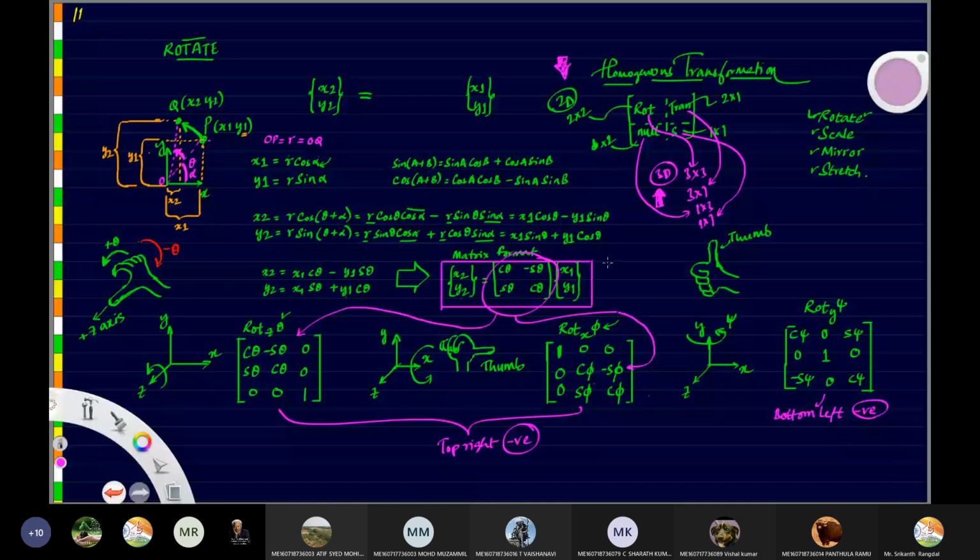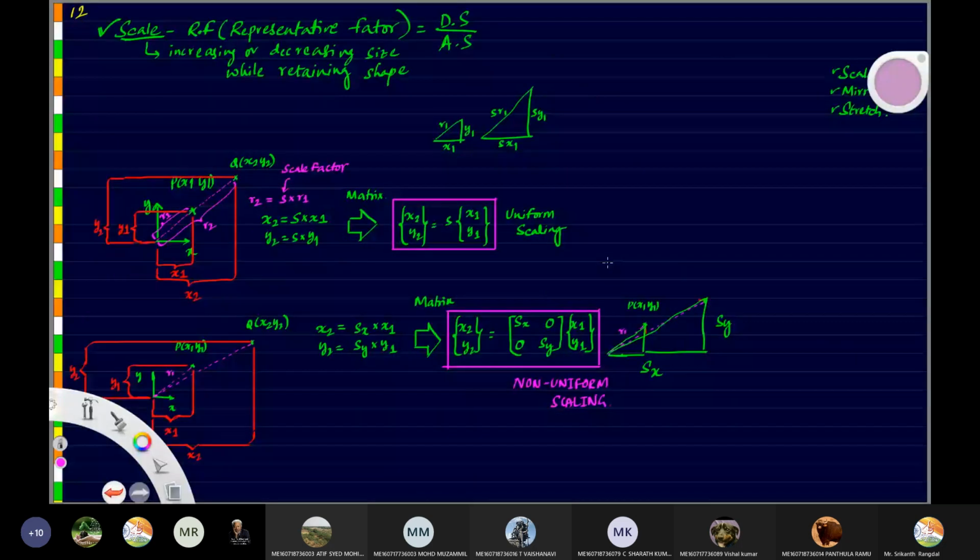Then next, you have to do the scale. Scale is simple. There's not much difficulty. So instead of just a 2 by 2 matrix, we'll have to take a 3 by 3 matrix. So sx, sy, sz, and the remaining values will be 0. Then you can multiply that with the point coordinates, x1, y1, z1.